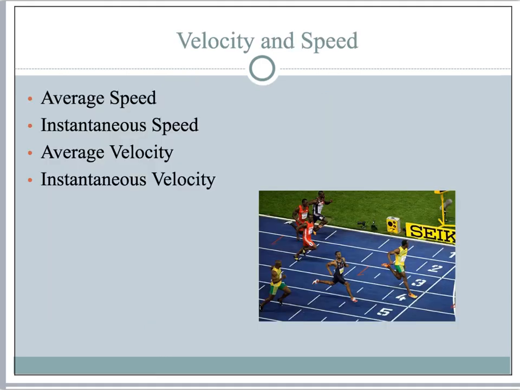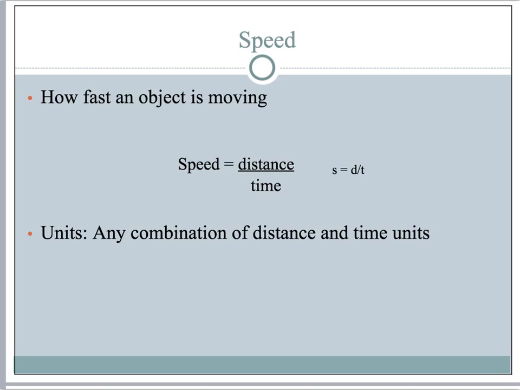All right, so now let's discuss our differences between average speed, instantaneous speed, average velocity, instantaneous velocity. Well, hopefully you recognize speed as being a scalar quantity, so no direction required. And of course, velocity is a vector quantity. And then you see the words average versus instantaneous in front of each one. It's a pretty straightforward difference between them. Well, let's just define speed. We haven't officially defined it yet.